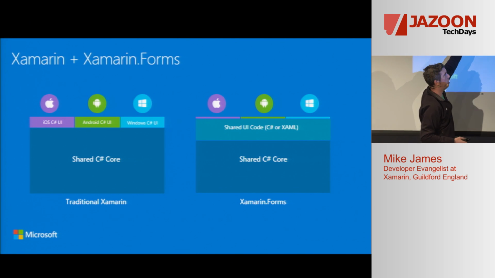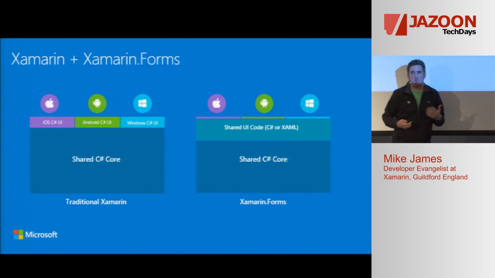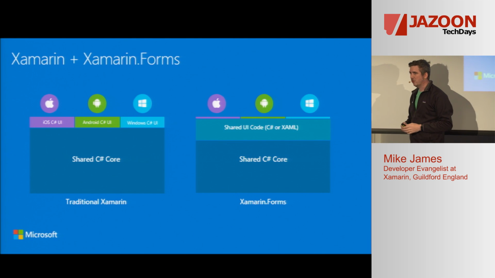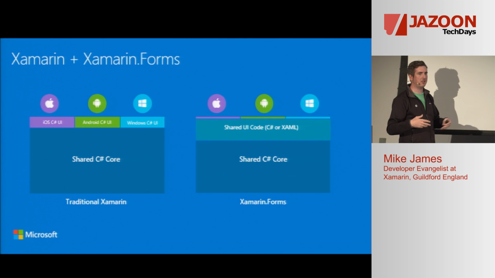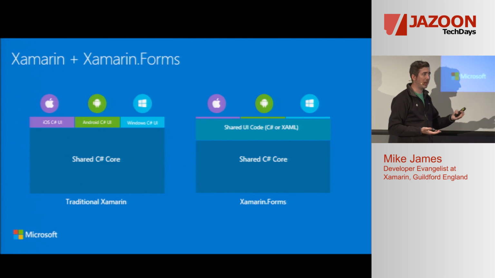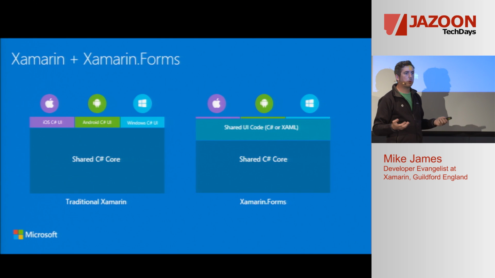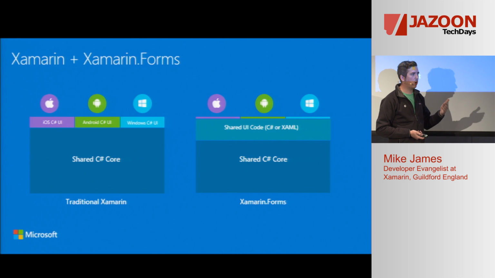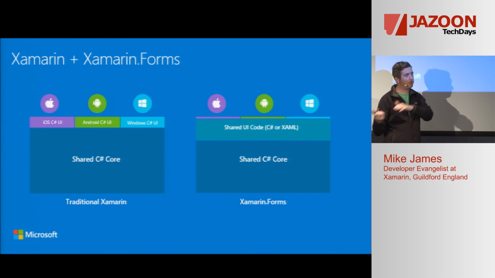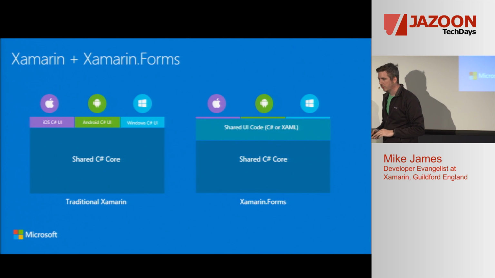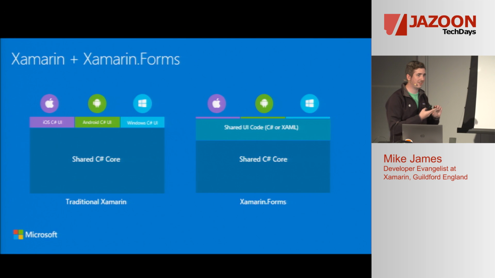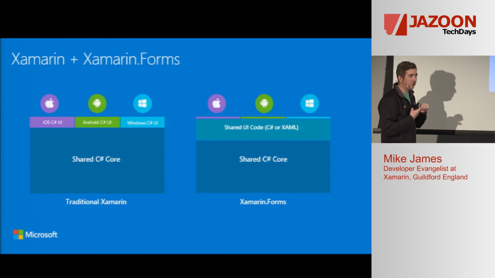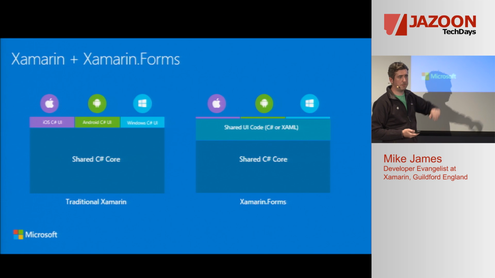Well, we abstract this top 25% layer. Most mobile platforms have pretty similar features. They've all got buttons, they've all got list views, they've all got maps. But the APIs that we use to instantiate these and control them are very different depending on what platform we're writing against. And there's no real reason for them to be different. So Xamarin.Forms abstracts away the differences to give you one consistent API that just maps down to the native implementation. So this isn't our version of what a button should look like. This isn't our version of what a table view should look like. These are still the native controls. It's just the code we're writing is an abstraction above it.